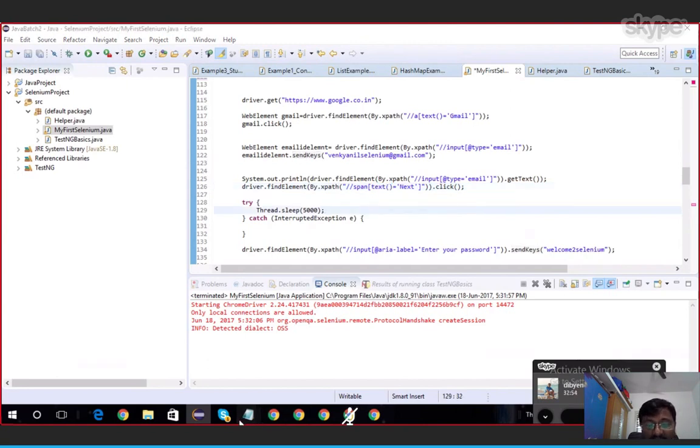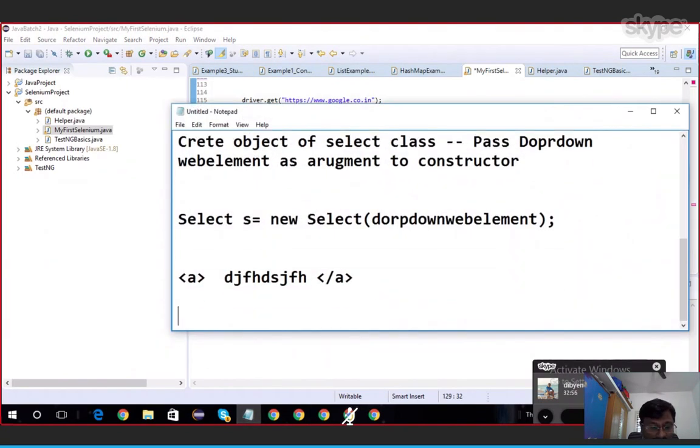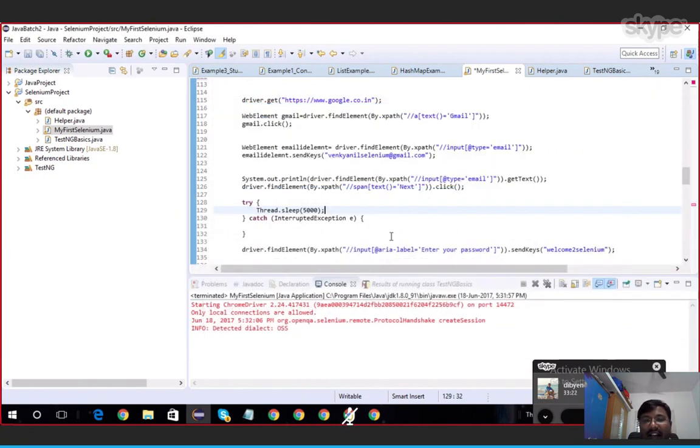It will be like a span tag, having a span tag, closing span, and in between next is there. Once you find this element using the text path, if you want to read this data, use dot getText.